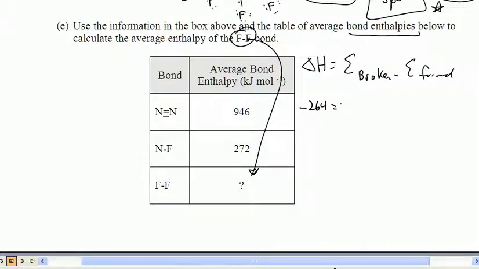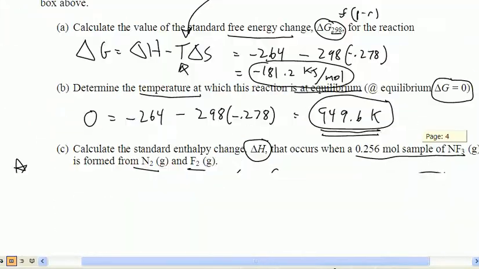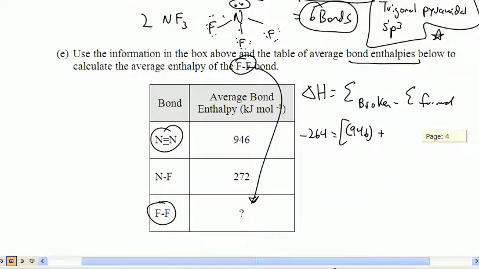Negative 264 is equal to the sum of the bonds broken. Okay, so we know that one of these was broken, and we know that 3 of these were broken per the balanced reaction. And that's what we're actually solving for, so why don't we call that 3x